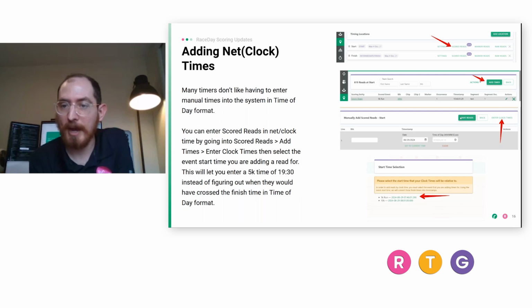There's a button at the top that says enter clock times. When you do this, you can select the event start time that you want to base your net time on. So if it's in 5K, you just click 5K. And then you'd be able to enter in 19 minutes and 30 seconds instead of entering in the raw read actual time of day. The system effectively does the math for you and inserts a raw read at that time